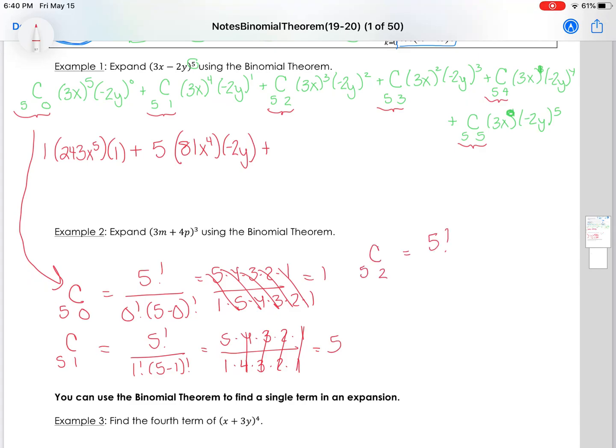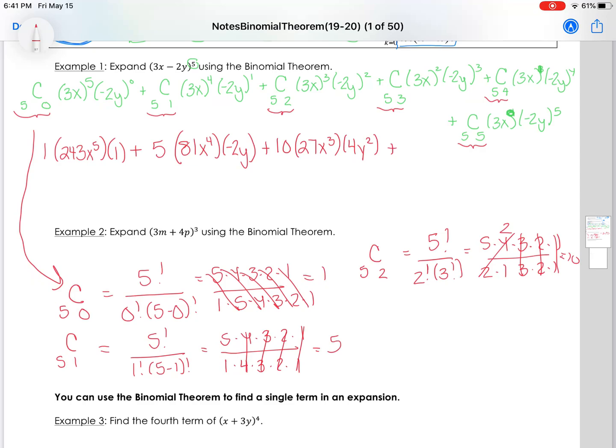So we have C(5,2). 5 factorial over 2 factorial times 3 factorial. I'm just going to skip. So 5, 4, 3, 2, 1, over 2, 1, and then 3, 2, 1 for the 3 factorial. So those guys go away, simplify, and you end up with 10 for this one. So we've got 10 times 27 x to the third times 4y squared plus, now what you're going to realize,